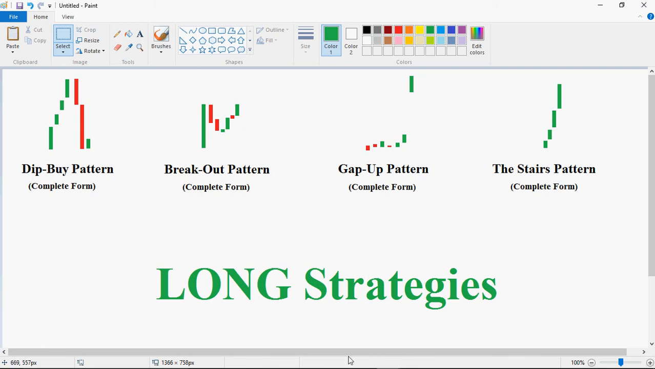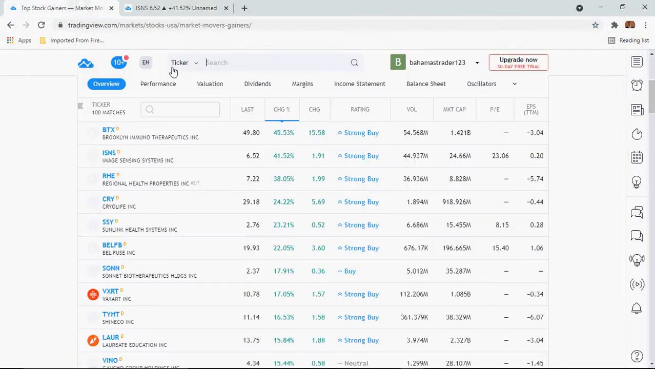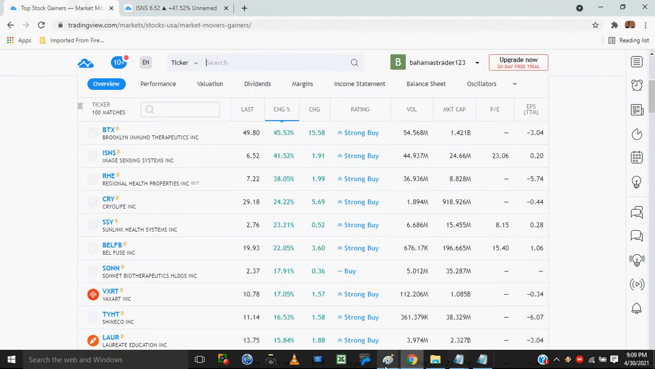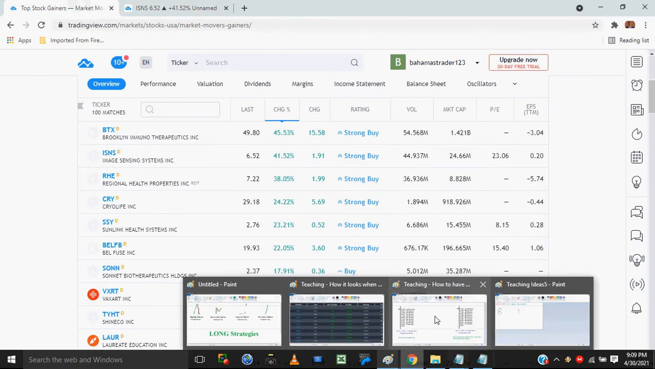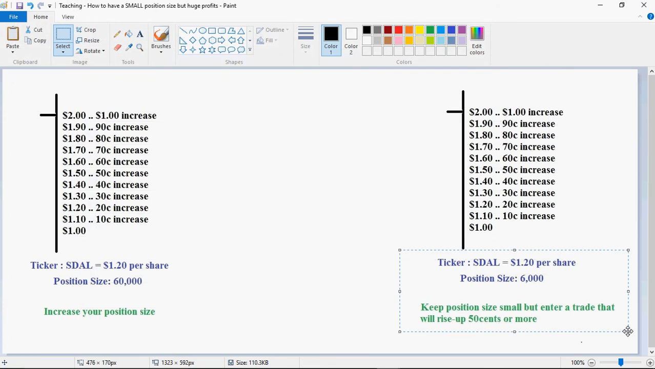Now let me explain this. Okay. Let's take some steps back. Remember what I said? Let's go back. We have to rewind a little bit because in my other video, I first explained to you that you have to have a small position size first. You could actually have a small position size and get a huge profit if you pick tickers or stocks that will rise up 50 cents or more. If you're going to use this strategy where you find tickers that are going to rise up 50 cents or more,